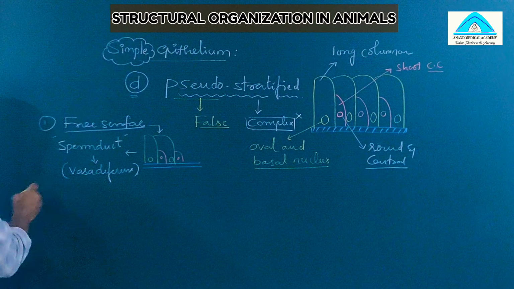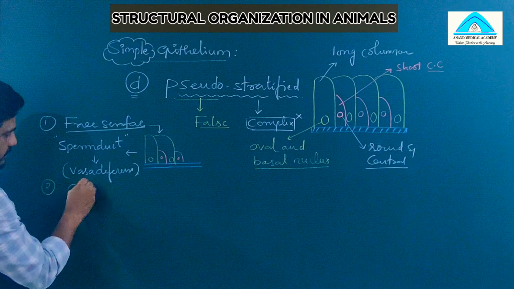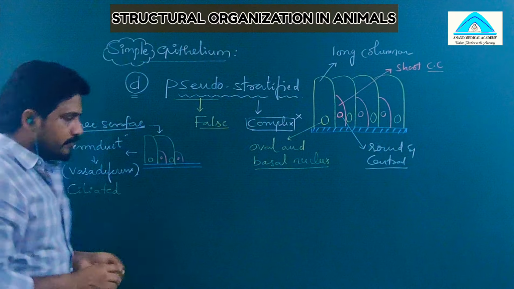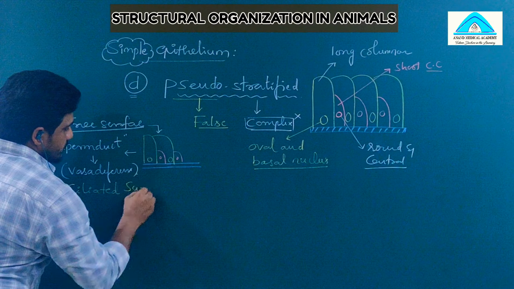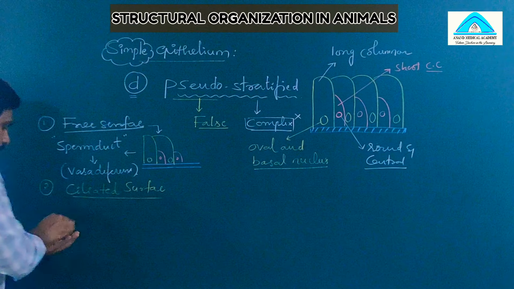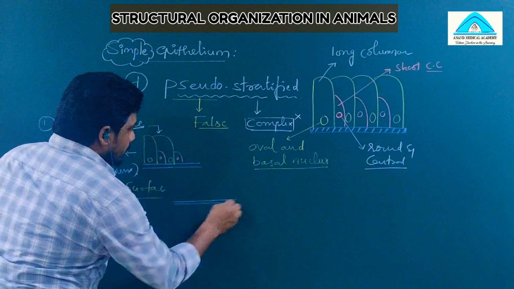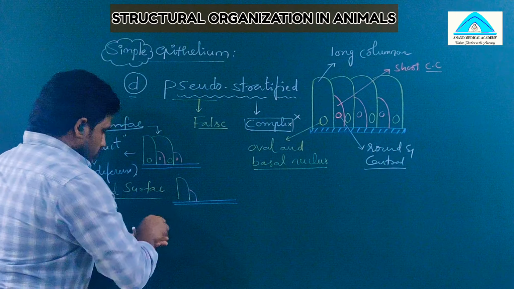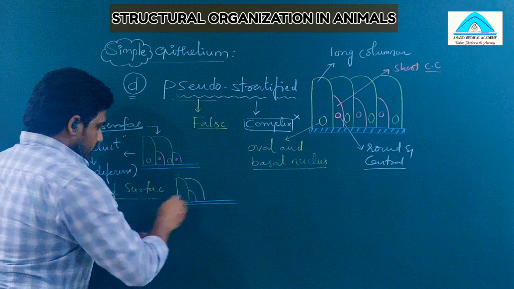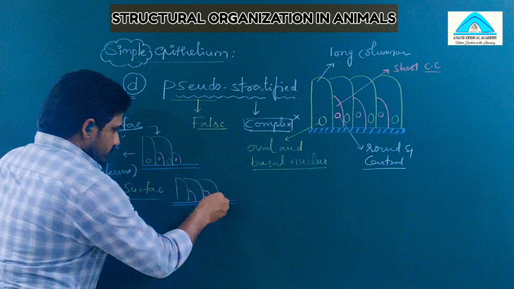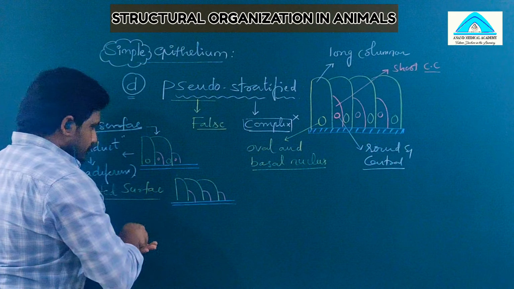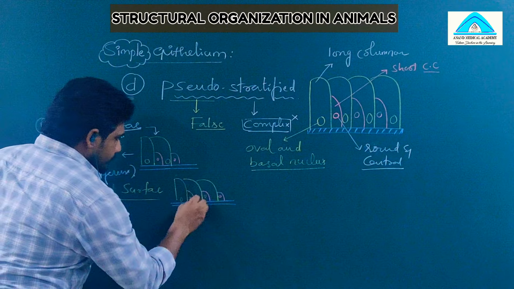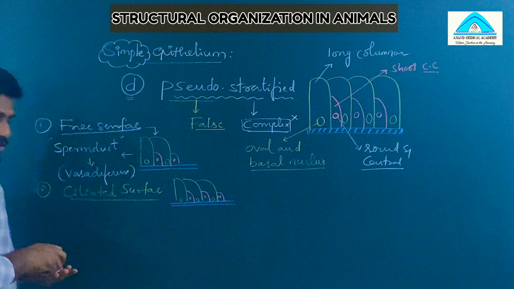Now, in the second case, ciliated surface. I hope you have a basic idea of how the cilia are present on the anterior surface. Above the basement membrane, the same types of cells are there. One is long slender, another one is short slender. The nucleus in the short slender is obviously circular and clear, whereas in the long slender it is oval-shaped at the bottom, whereas it is at the center.